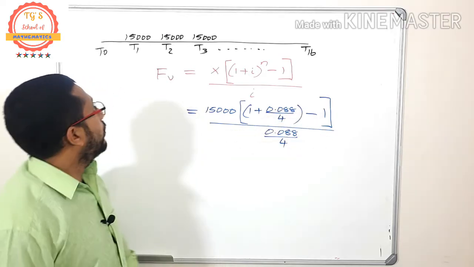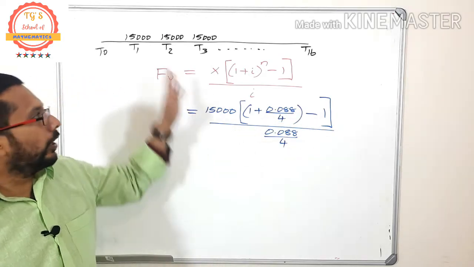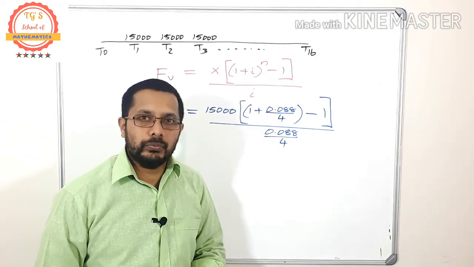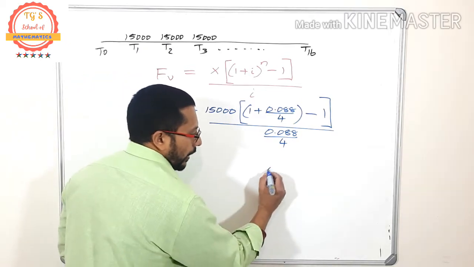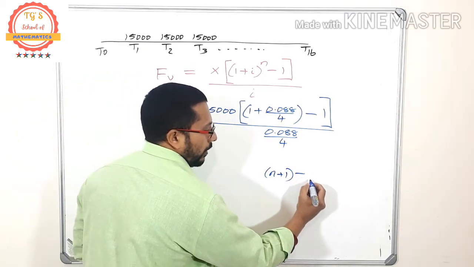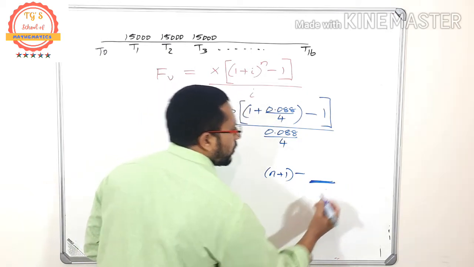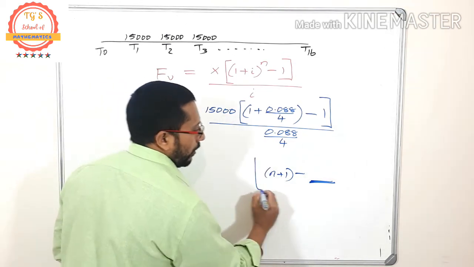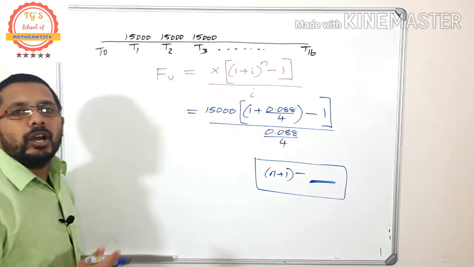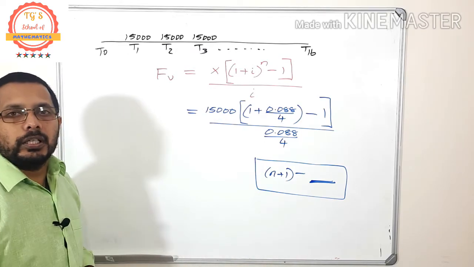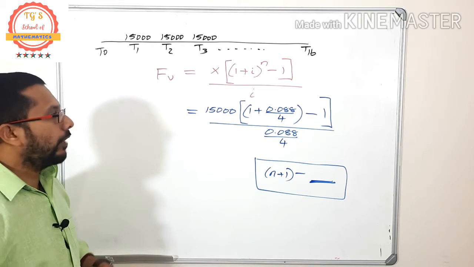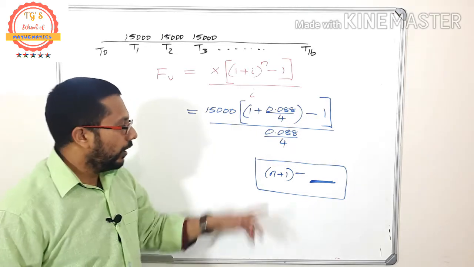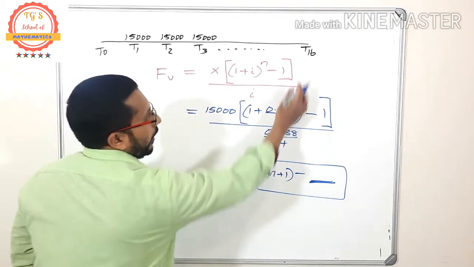I don't know the value of N here yet. How can you find the value of N? Maybe you directly said it's 16 and the answer is correct. But generally, how can you find it? Generally this is the method: N plus 1 minus where they started the investment. This is a common method to find how many times the investment or saving was done, the value of this N. We are supposed to write a number here.